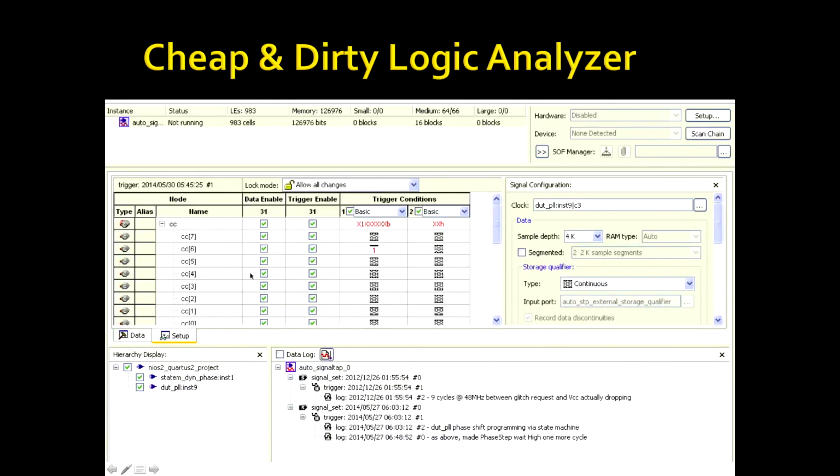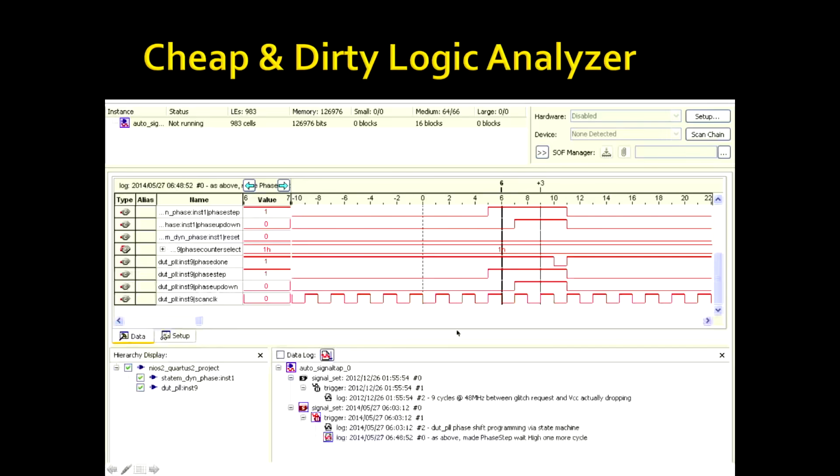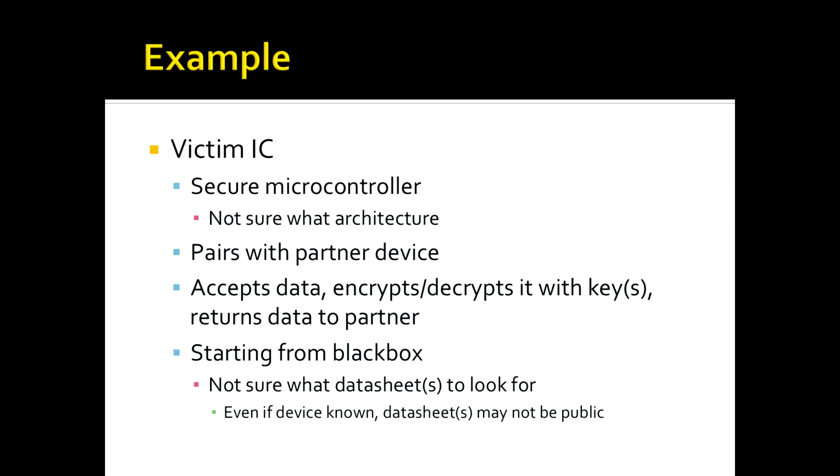So here's a quick summary of what you do. You basically pick the clock that you want to clock the logic analyzer at, pick which signals of interest you want and what logic levels or triggering you want the recording to kick in at, and then you get a nice waveform view where it shows you what those signals did after and before the trigger point, if you want. So let's roll into the last section, which is the example device I was playing with.